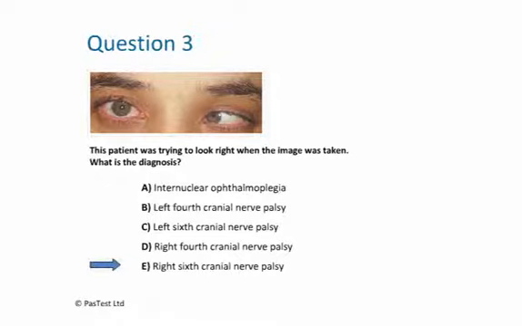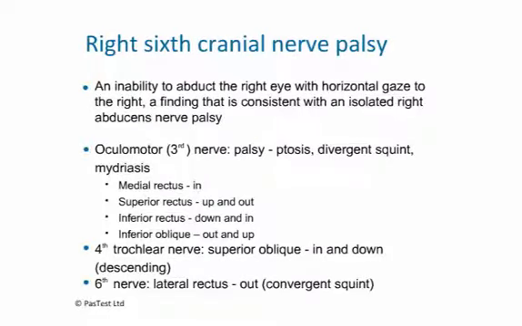It is important to remember which of the oculomotor nerves control which muscles. The third nerve, or oculomotor nerve, if it is paralyzed, one gets ptosis, divergent squint, and pupillary dilatation. It